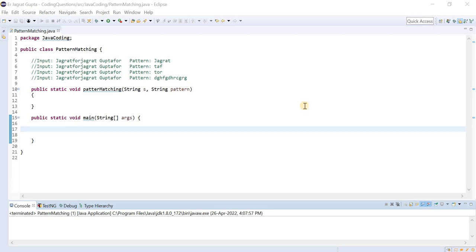Jagrat this side. So this time I came up with another interesting problem which is called pattern matching. So we have some input and some patterns. So let me firstly tell you what this problem is, and then we will see the live implementation for